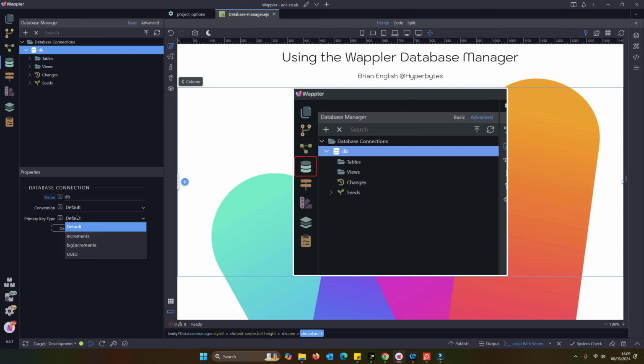I tend to just leave that default, but quite a significant one is the primary key type, and you can choose default, which is increment, big increments. So if you've got a really massive database, you might want that to be big int rather than int. And you also have the choice to use UUID as an alternative to the primary key. So that of course will be non-sequential, a random string that in theory cannot be duplicated as your unique